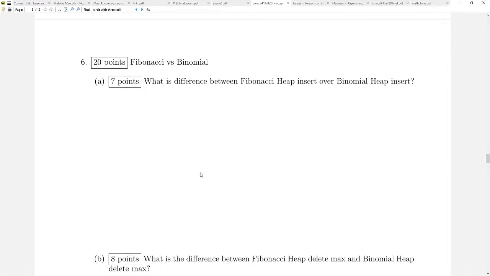So here, what's the difference between Fibonacci heap insert and binomial heap insert? So remember, a Fibonacci heap inserts by just sticking things into the root list, and it doesn't do any operations on the root list except that it remembers who the maximum is until you do something else, right? And that something else is